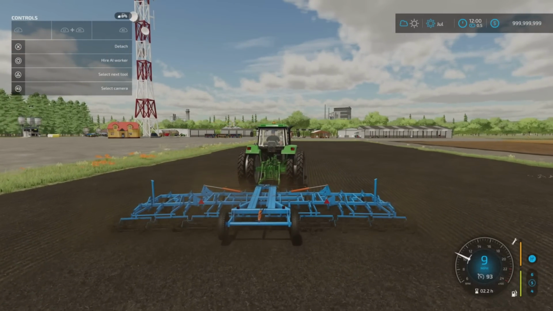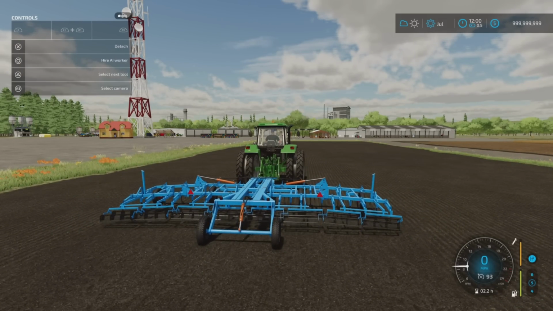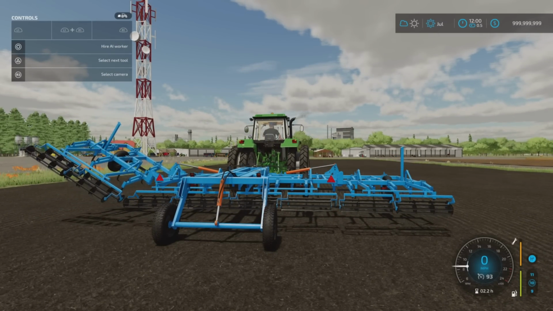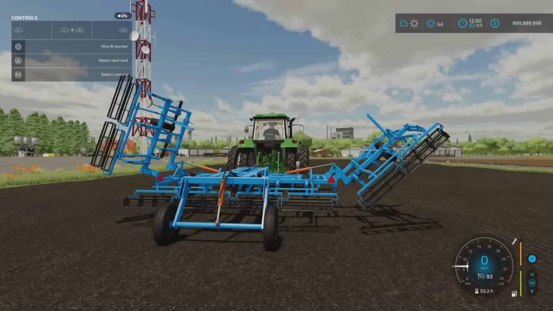That's not too bad actually, is it? 8 meters of cultivating goodness. That's the KPP-8 by MelMax. Next,